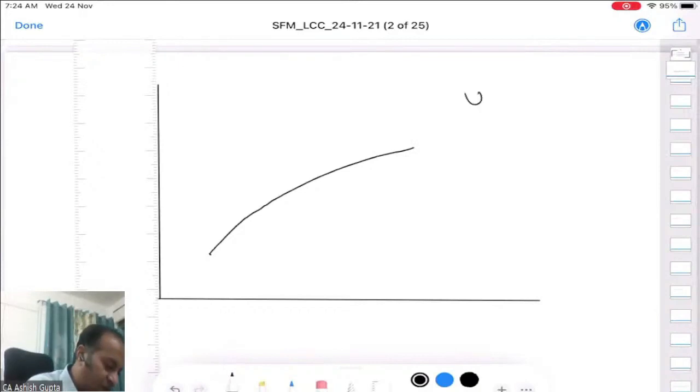This is called upward sloping. Okay. Now in that case,